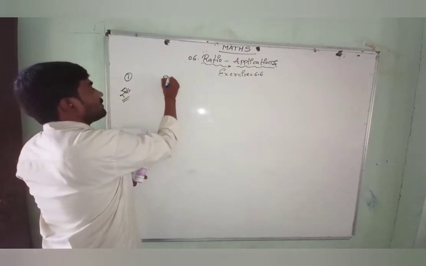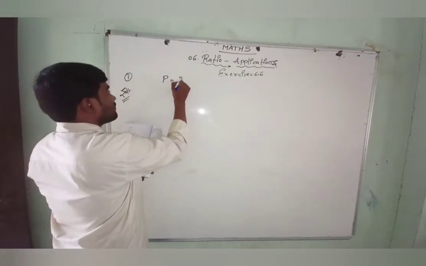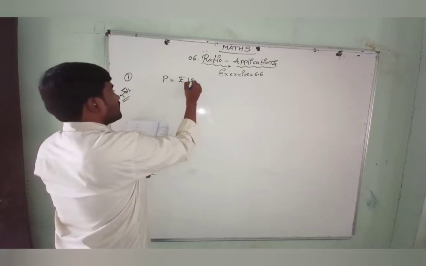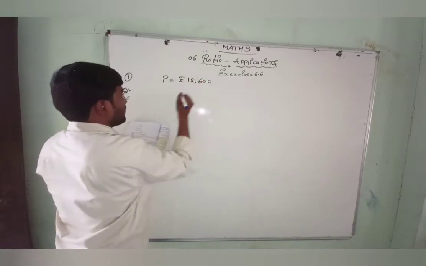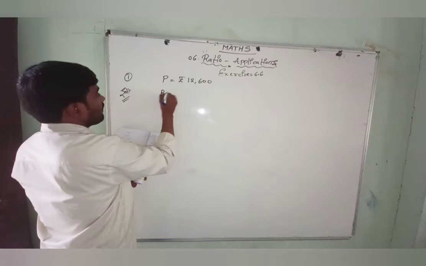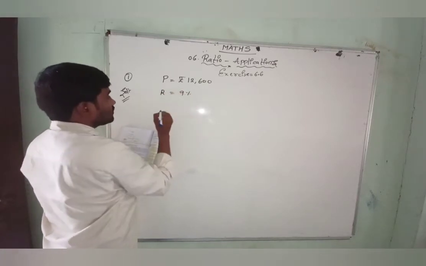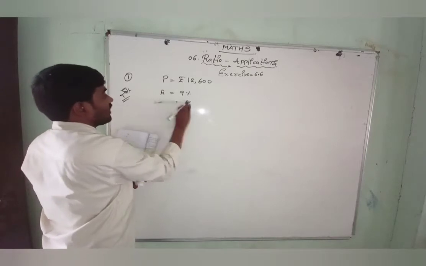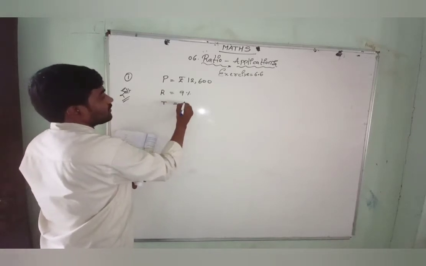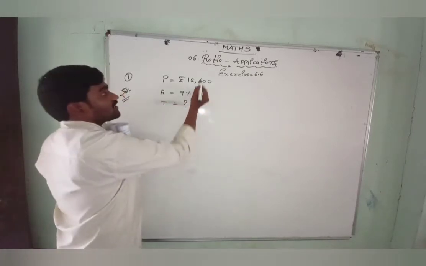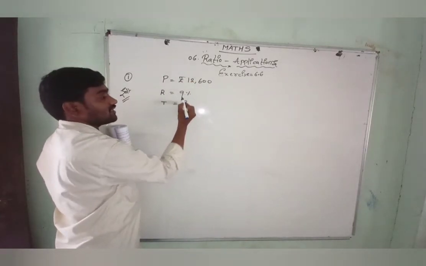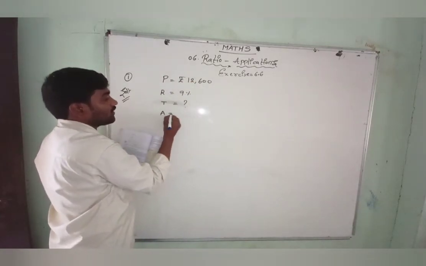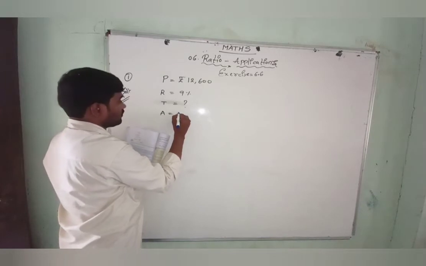P is the principal. The principal given is rupees 12,600 at the rate of 9%. So what is the time? Time equals what we need to find. At this principal and this rate of 9%, how much time will it take to become an amount A equal to rupees